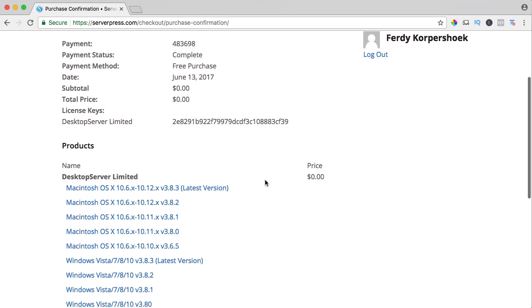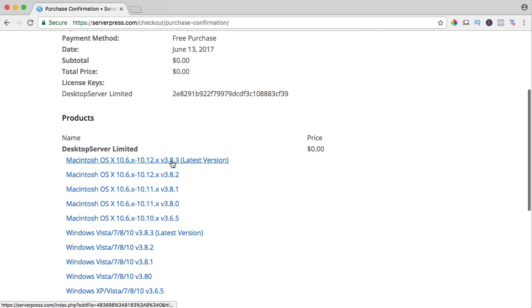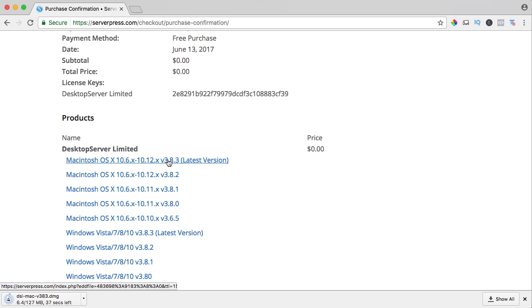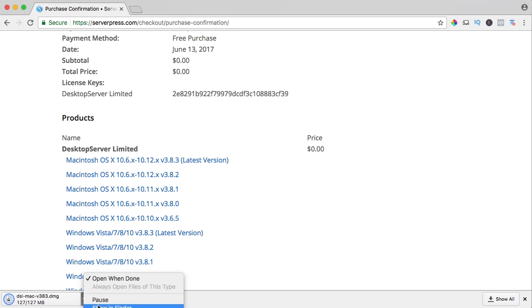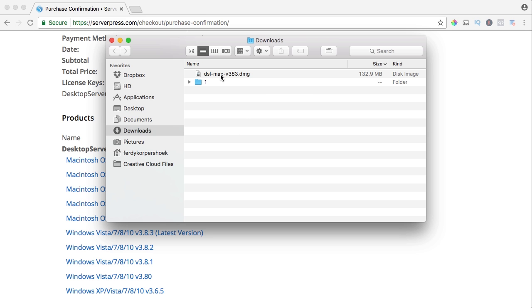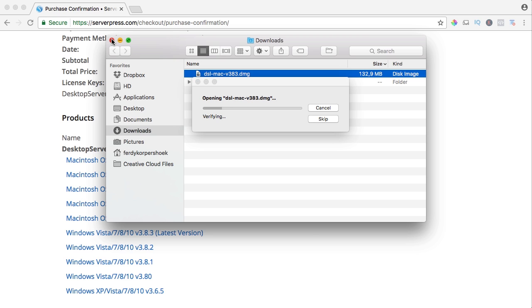and I'm on a Mac. So I click on Macintosh, the latest version. I click over here and it starts downloading. I show the file in Finder and there it is, finished. So I double click, I close this,